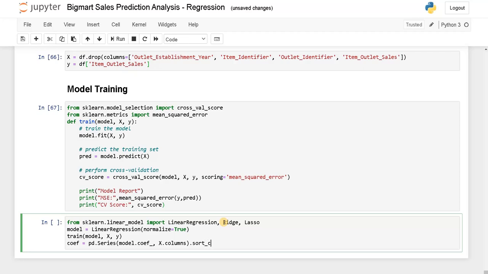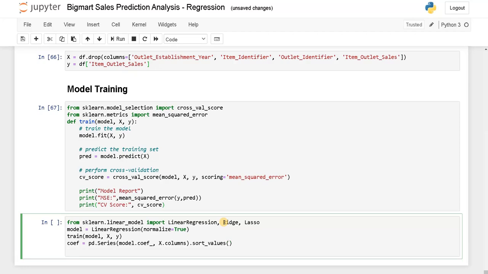So we will use sort values. Now let's display it. Coef dot plot kind equals bar and title equals model coefficients.